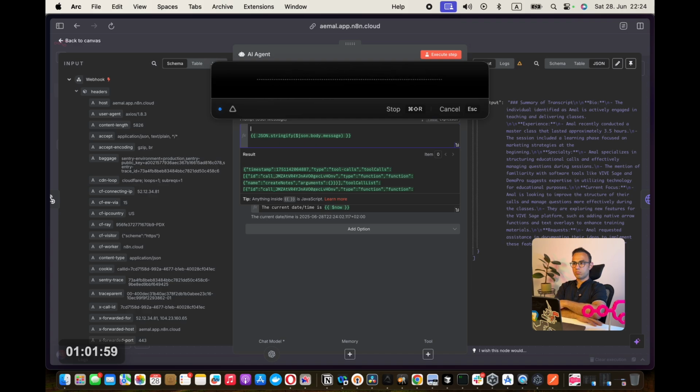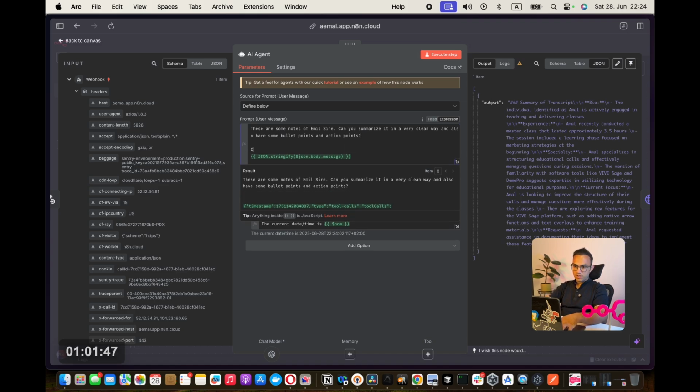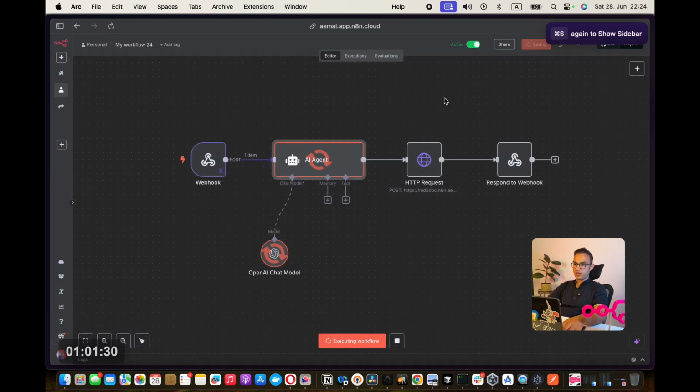Can you summarize it in a very clean way and also have some bullet points and action points, just to make the point that it's not a CV anymore, but notes or a transcript of notes. Why am I giving the name Aemal Sayer? Because this prompt now will understand how my name is spelled, and then it will do the spelling correctly.